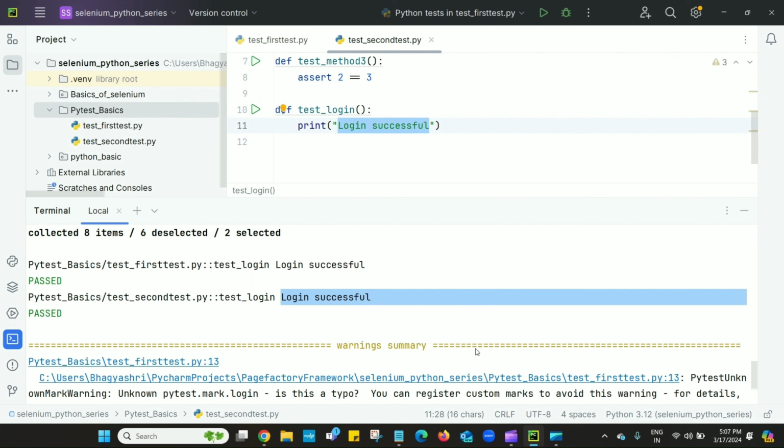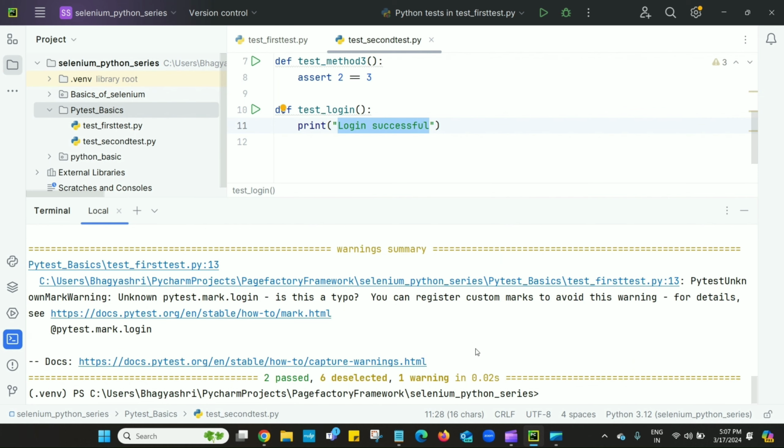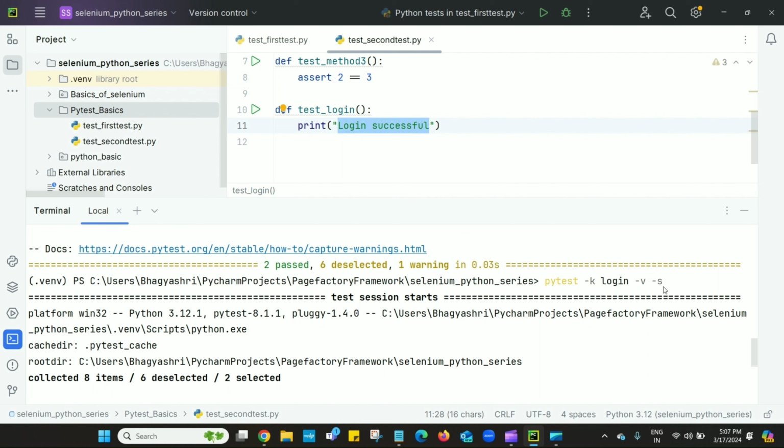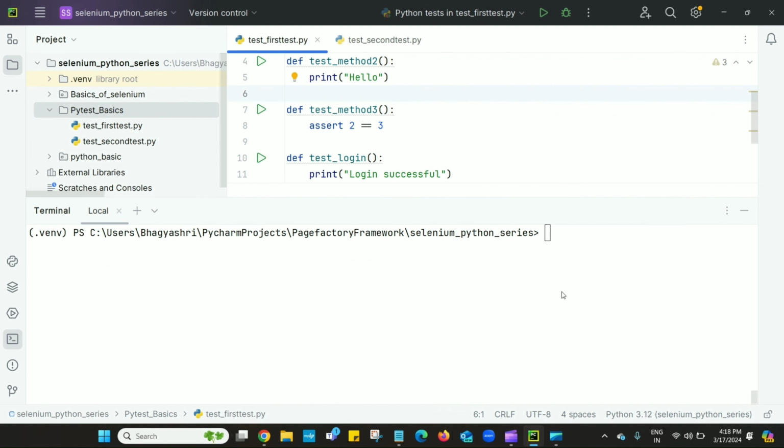So for printing console output we have to use -s. Using -k and an expression we can execute the tests containing a string in their name.